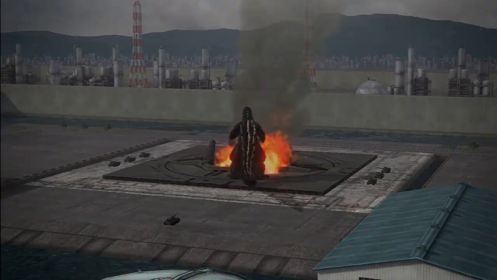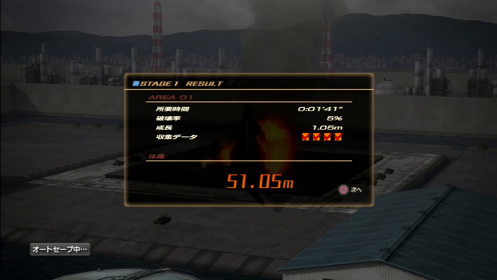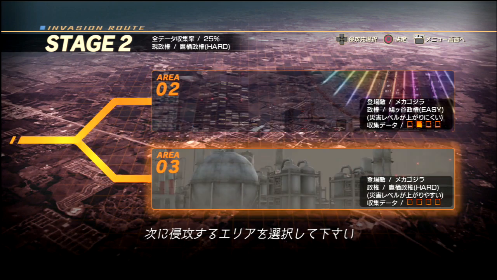I think I can... Oh, you can skip those. Okay, good. Well, we'll do that. And this is... Yeah, you gain height as well. You start at 50 meters. Right. Oh, man. Easy or hard? I'm going to go for the easy one, because the hard one...